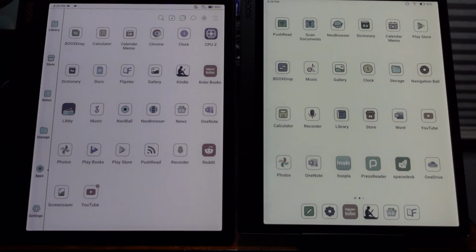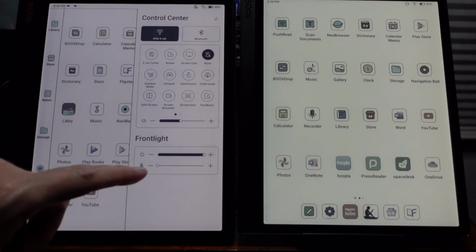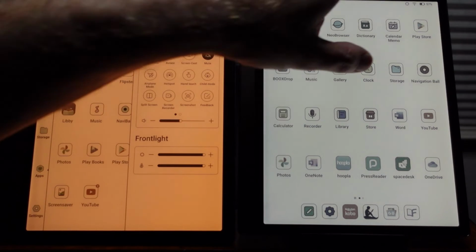I will point something out. The 3C does have this bar. You can barely see it, but it's on the left side. It goes about to there, and it consistently goes all the way up to the top. We don't see that on the Tab C. This is not as a result of the front lighting. There's something about the screen that this bar shows up every once in a while, doesn't fully refresh away. So every device from Boox seems to have one flaw, and that seems to be, at least on my version of the 3C. Anyway, let's go ahead and look at complete warm lighting,